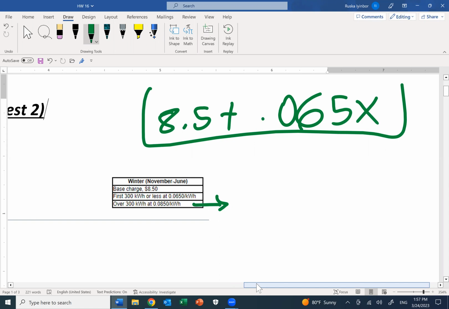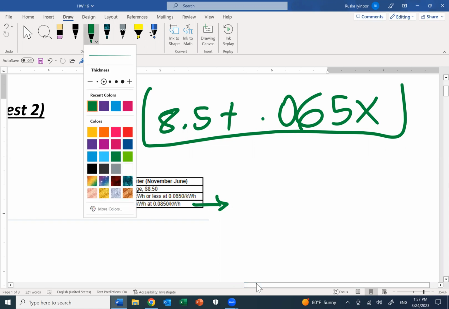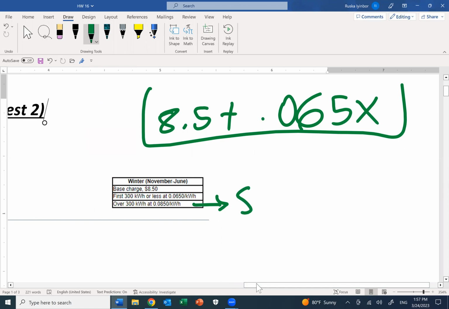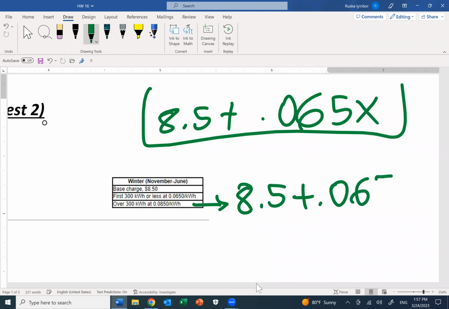First, we're going to use the 300 kilowatts, which is going to be 8.5. When you start using the electricity, that's the base, plus 0.065 times 300,